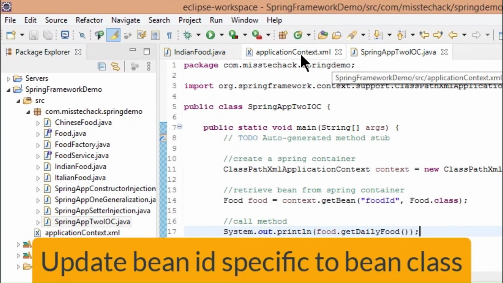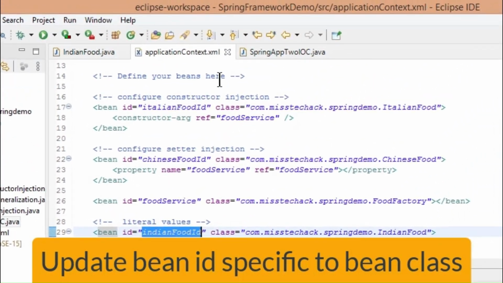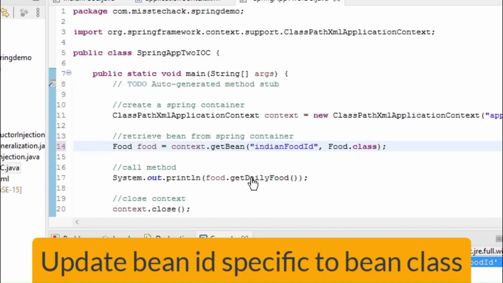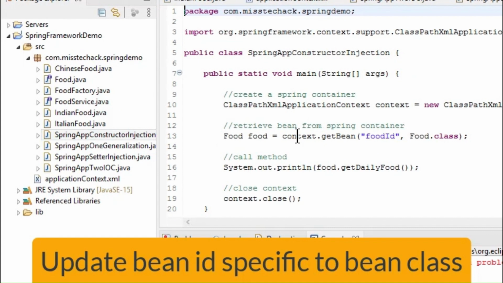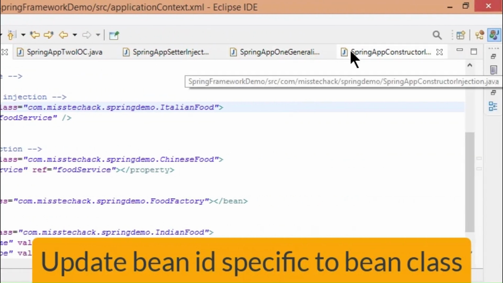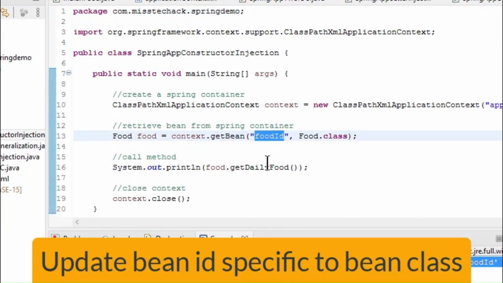Also, update bean ID to Indian food ID under get bean method of Spring App 2 IOC class and update bean ID to Italian food ID under get bean method of Spring App constructor injection class.